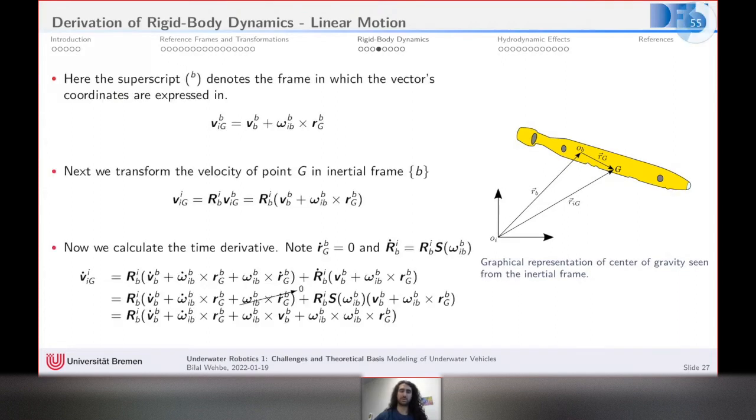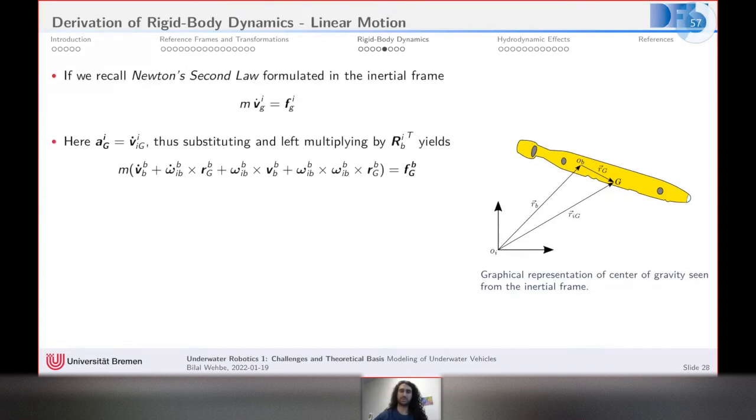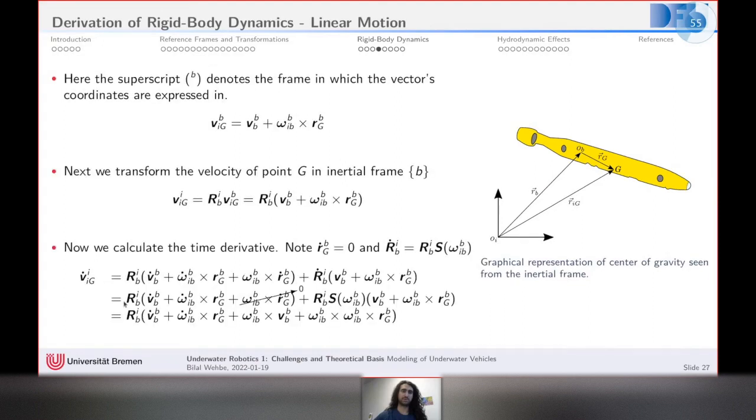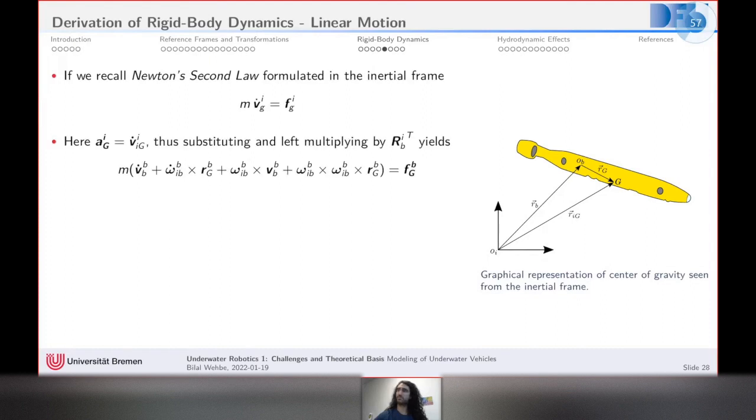So if we take that and substitute it here, in this case, of course, the acceleration is VIG dot, and then we just left multiply by the transpose of R. So this transforms the forces also from the inertial frame to the body frame, and then we will be able to get rid of this part here. So we will only be left with that part. I hope I'm not too fast. Exactly, so that's the equation that we will arrive